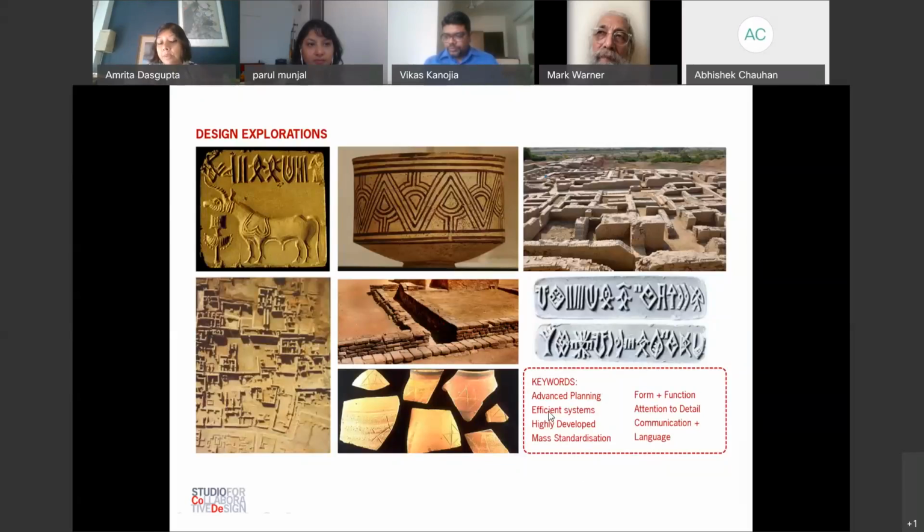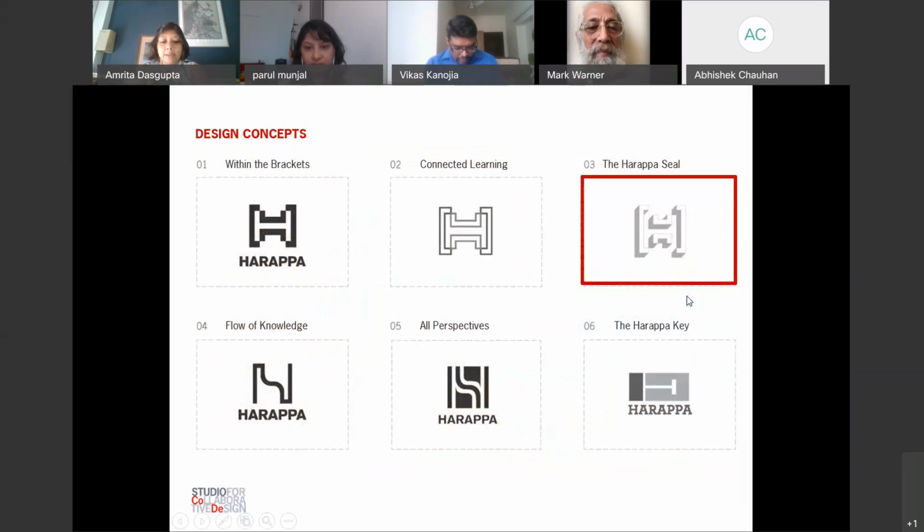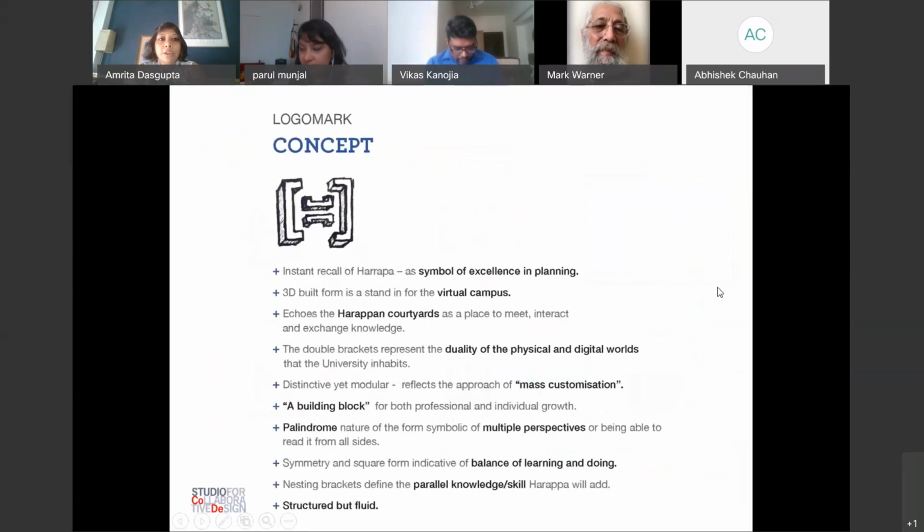So these are the keywords we put together to frame what our identity would look like, which are also key philosophies of what the online education system was going to talk about. So advanced planning, efficient systems, highly developed, mass standardization, form function, attention to detail, communication and language. Now, let me go on to how this connects with Harappa. So the concept was that immediately when you see this logo, and all of them, as you will notice, are,